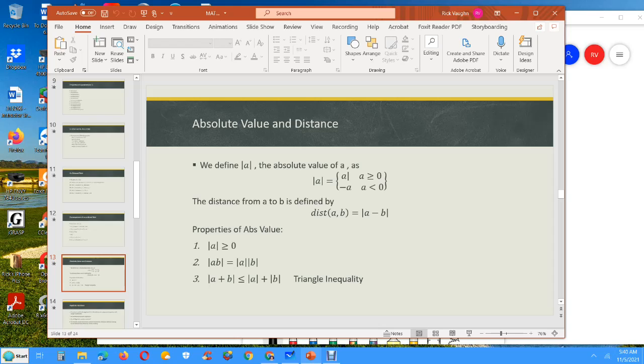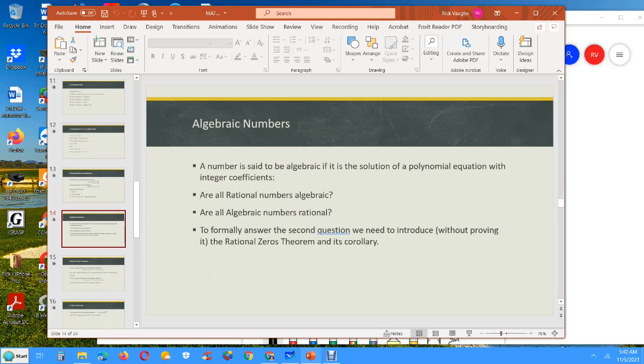And that's important because, if we can define absolute value, we can define distance. If we can define distance, which is always positive, you can define a metric. And if you can have a metric, now you have an additional structure on that space of points. This is the beginning of what we call point set topology. And then there are the properties that come about from